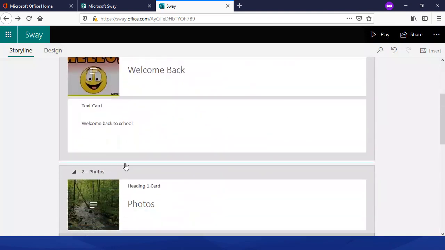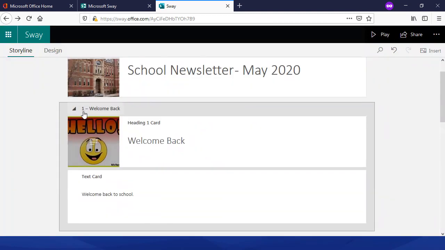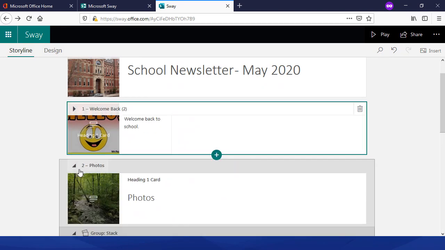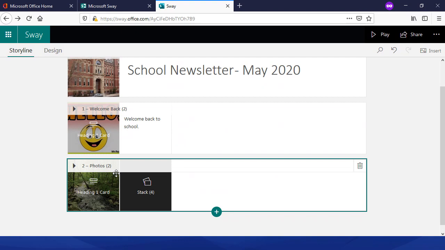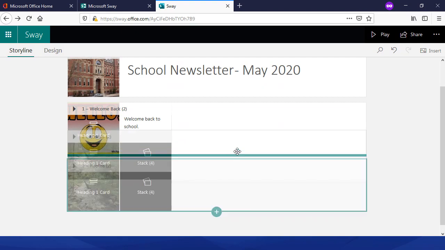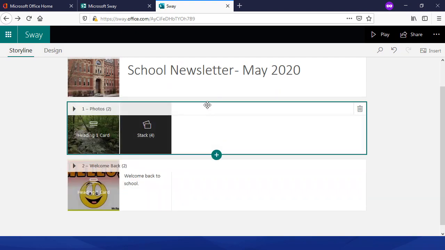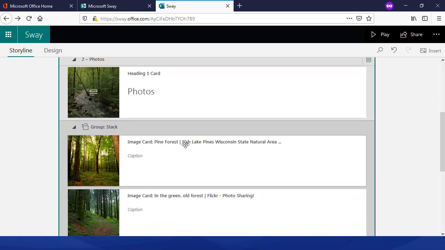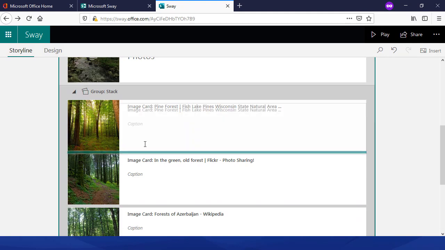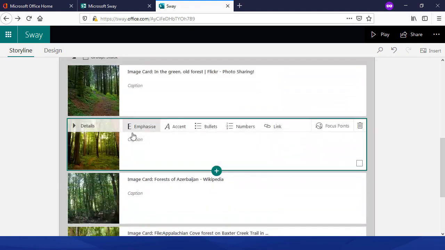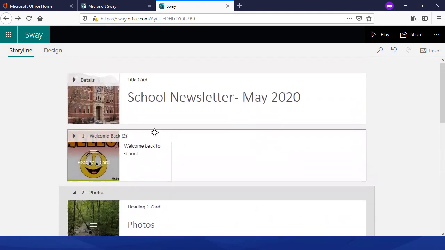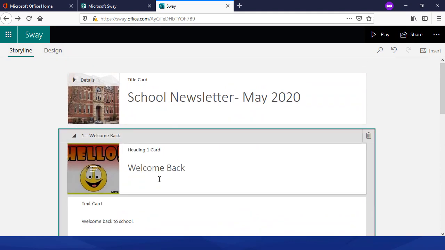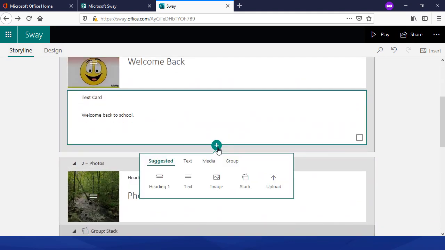Other things we can do, because these are in sections, you'll see that we've got this little triangle. I can click there and fold the sections up. And then that makes it very easy. I can then start moving things around, so I can resort entire sections. Or I can go into a section and I can resort the stack. Or if I've got, for instance, if I went here and we had another text card,